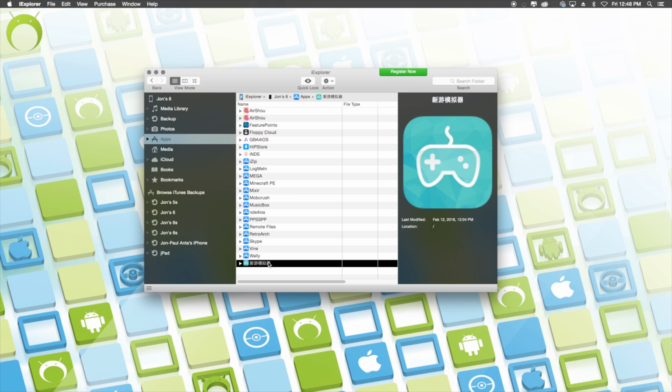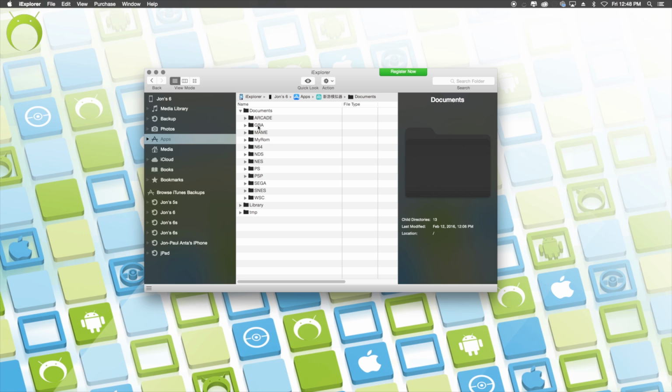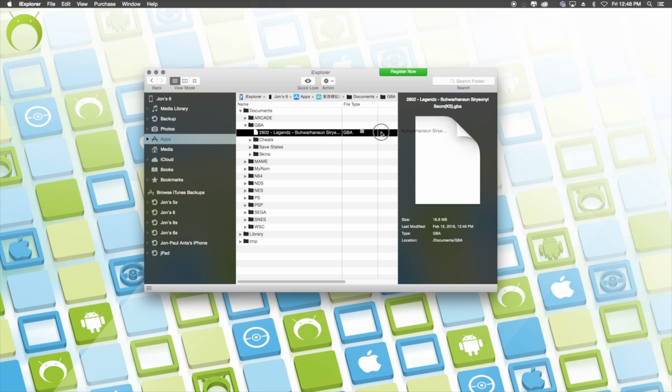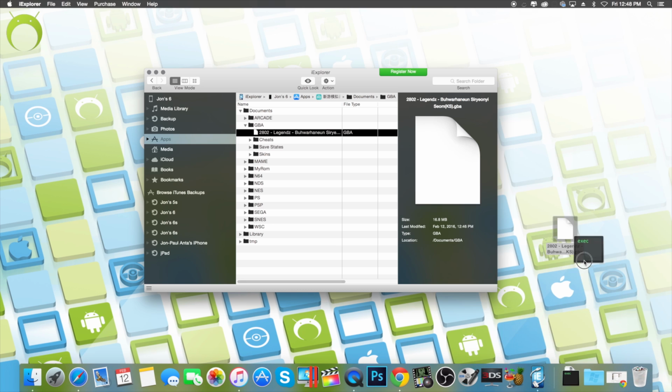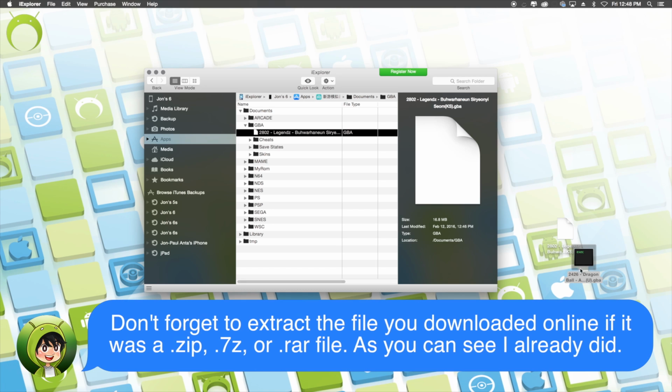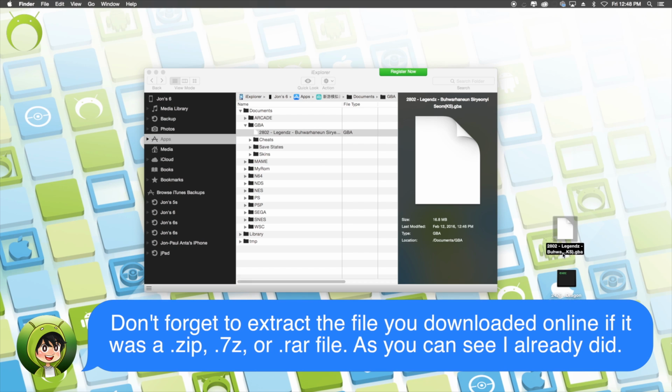Click on Apps, scroll down and click on NewGamePad, which is going to be all in Chinese. Go to Documents and then click on the console of the game that you'd like to get. So like I mentioned, you should have downloaded any random game for the console of the game you'd like to change. So drag that game out onto the desktop, drag the game you downloaded from DopeRoms out to the desktop,